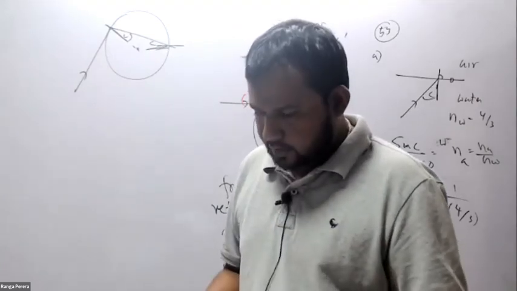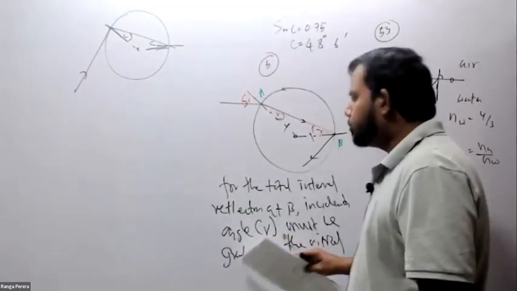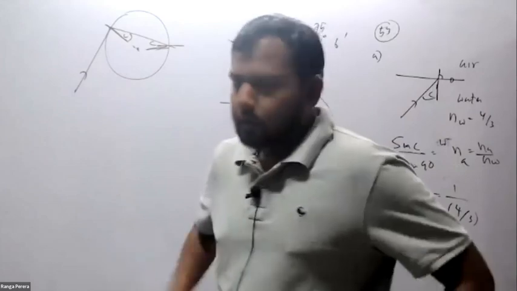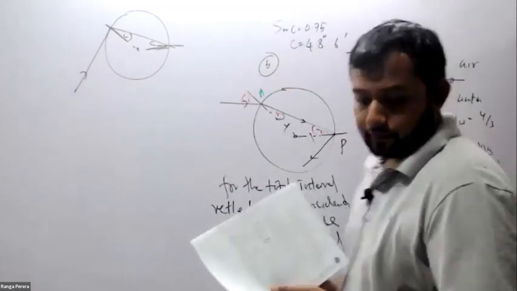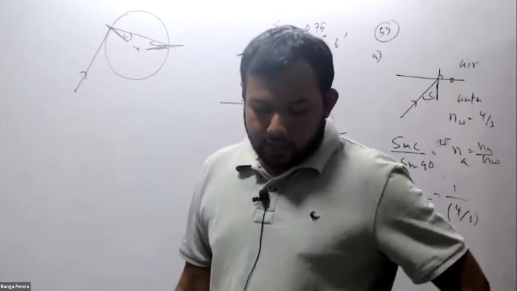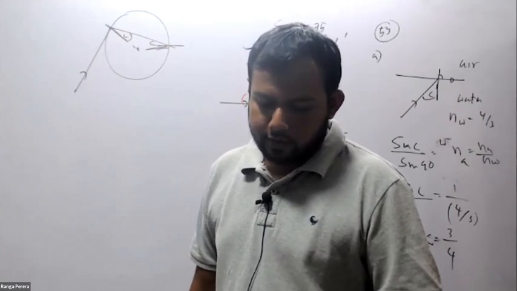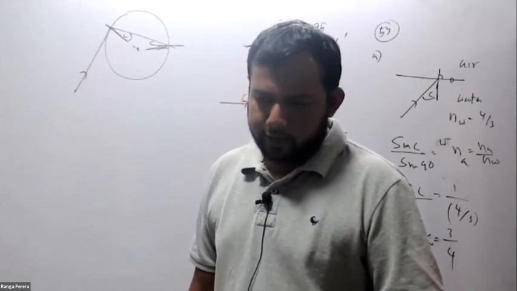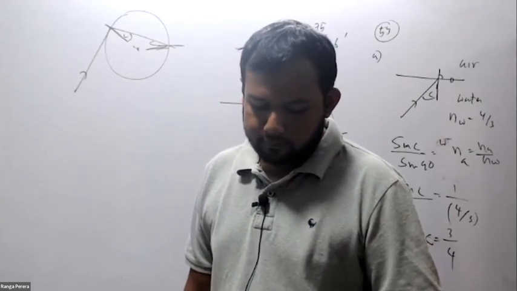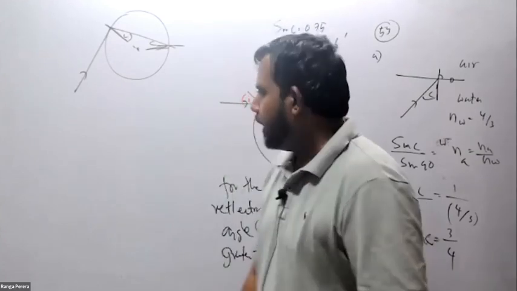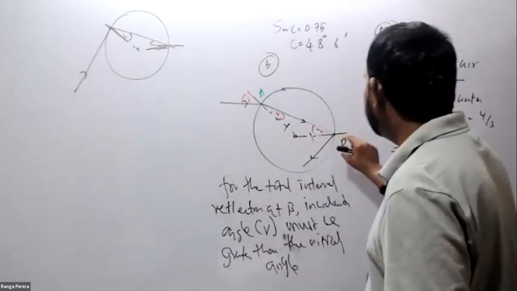Right. Shall we write that part? You write up to this location. It is not A, it is P. According to that, it is P. Right under that: if the ray suffers total internal reflection at P,